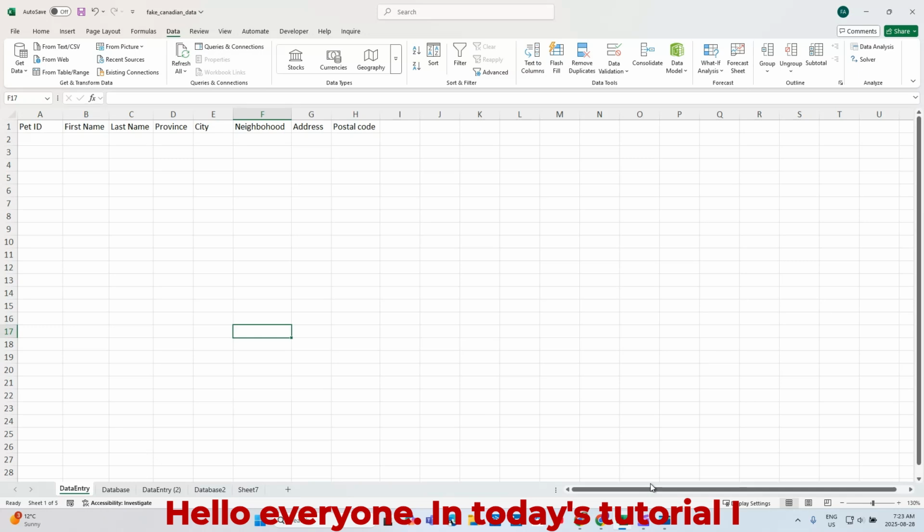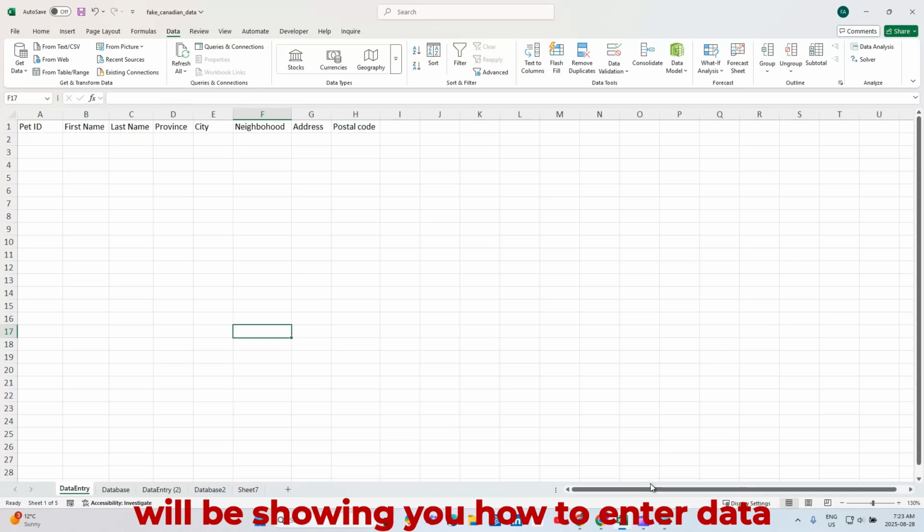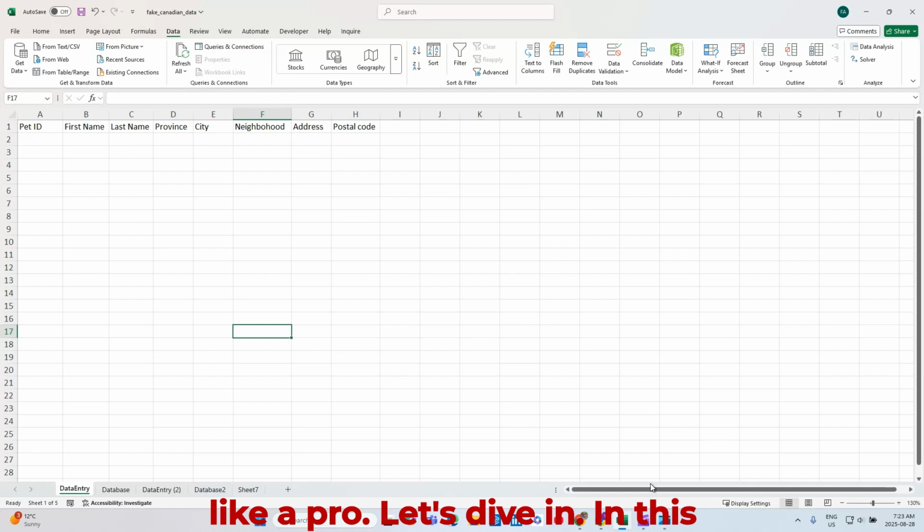Hello everyone. In today's tutorial, I will be showing you how to enter data like a pro. Let's dive in. In this example, I'm trying to create a registration form for pets, and data entry clerks are